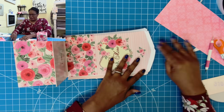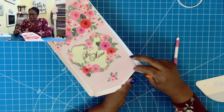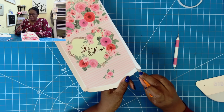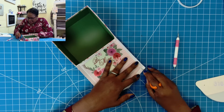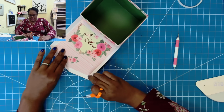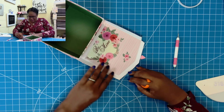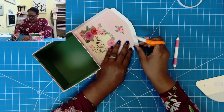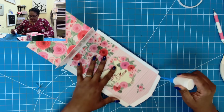we'll fold over. And all I'm going to do is I am going to miter, so you can see, hopefully, where when I fold it over, I have the intersection this way and this way. I can just take this and we are going to cut like this. And like this. So now I'm going to take my glue and I'm just going to put some glue